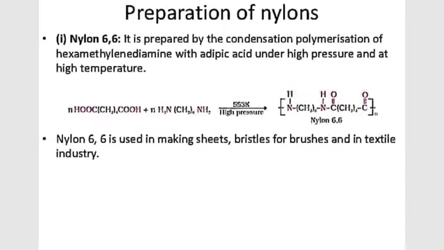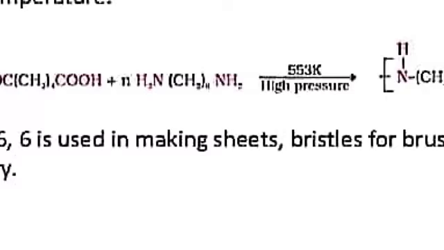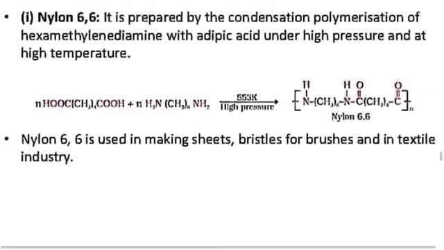The first nylon that we'll see is nylon 6,6. Now here the 6,6 number indicates the number of carbon atoms in the two monomer units. The first unit is adipic acid which has 6 carbon atoms and the second unit is hexamethylene diamine which also has 6 carbon atoms. So that is why the number 6 is being repeated. So it's a very important question. What does the number 6,6 signify? It signifies the number of carbons in the monomer units.